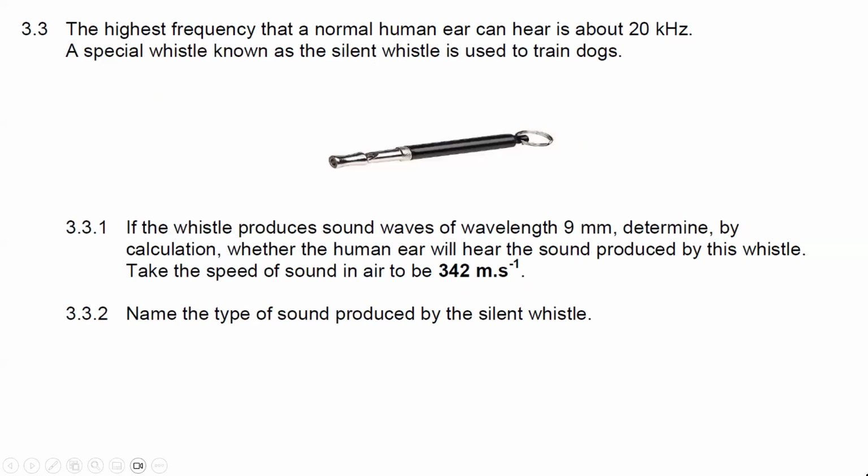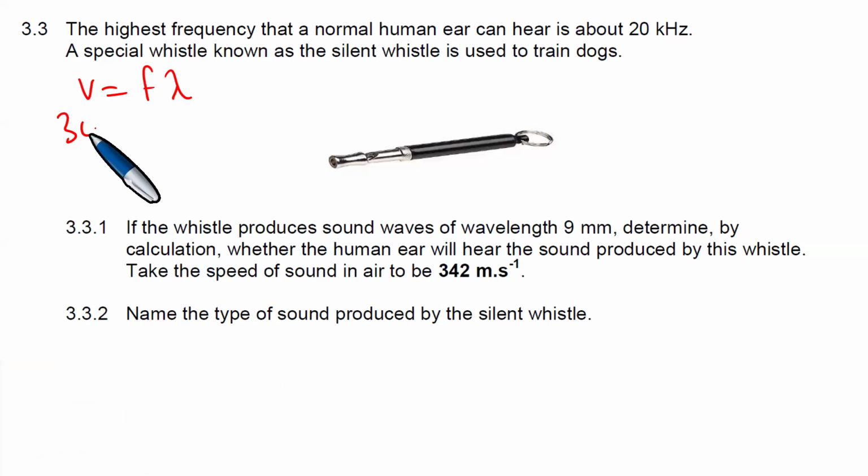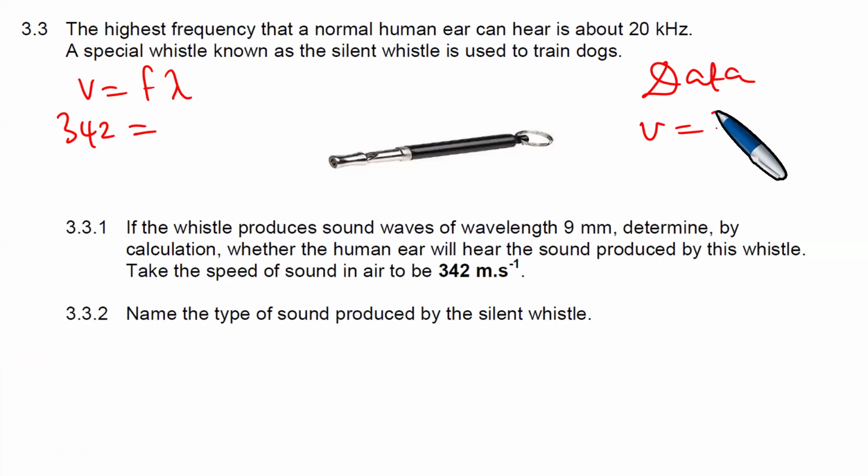The formula is speed equals frequency times wavelength. So 342, the speed, is equal to frequency times wavelength, because we have our data. The data is that the speed is 342 meters per second, and the wavelength lambda is 9 millimeters, but